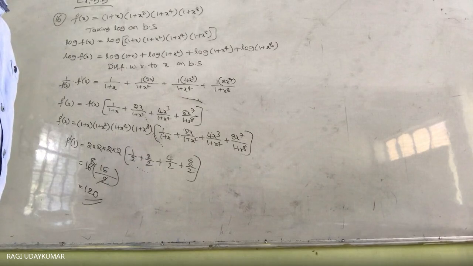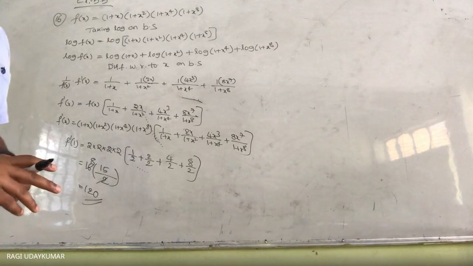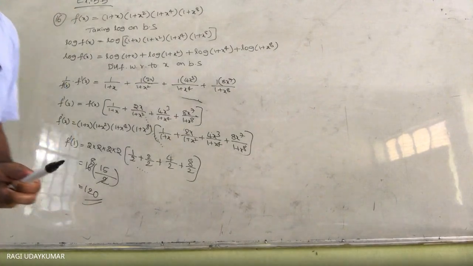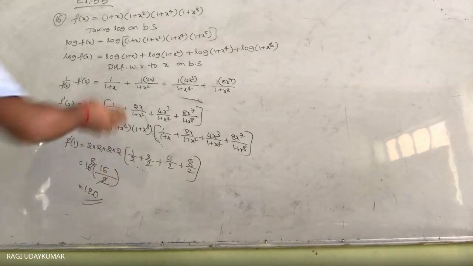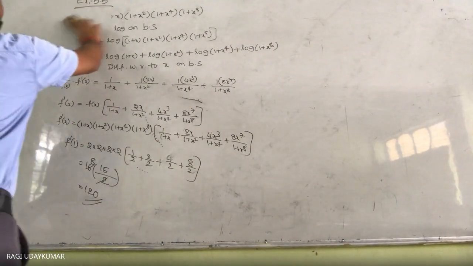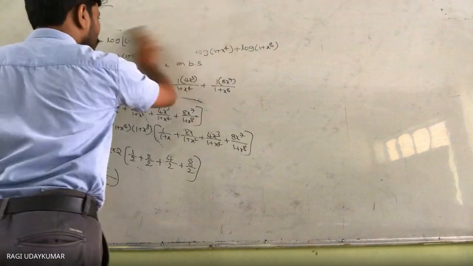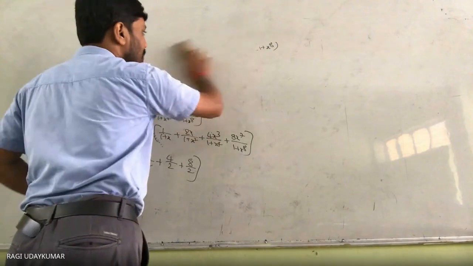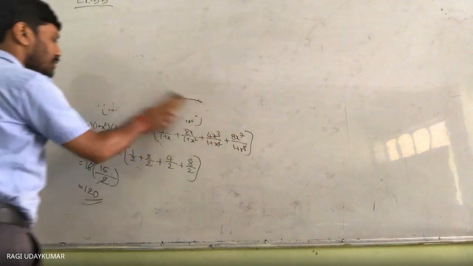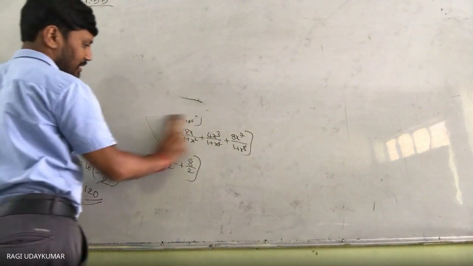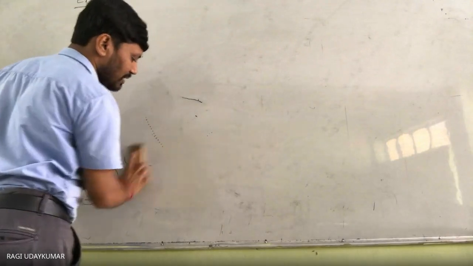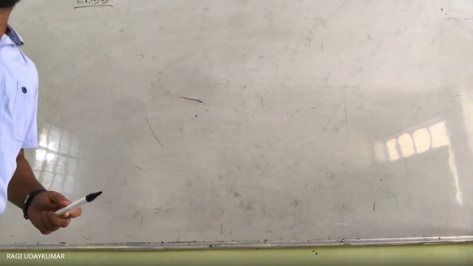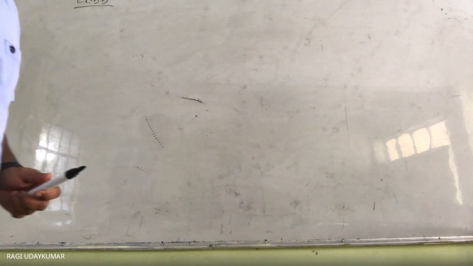The question is not more complicated, it is simple. Okay, so now the 17th question you see here, it is a very interesting question. This is also lengthy. You can do it in 3 different methods. Only one function is given to you, and that one function you need to differentiate in 3 different methods. So what are the 3 different methods here? The first method is by using the product rule. Product rule is nothing but UV.